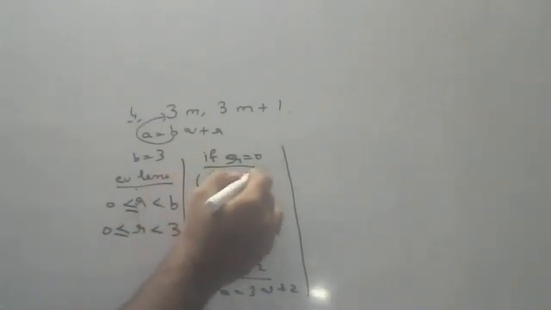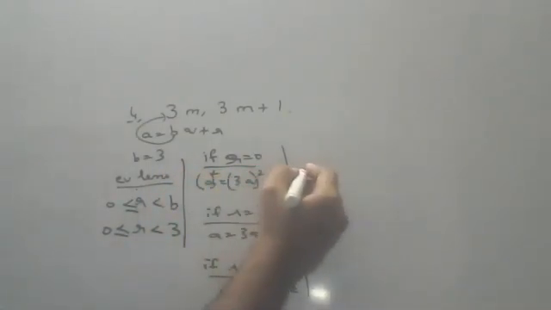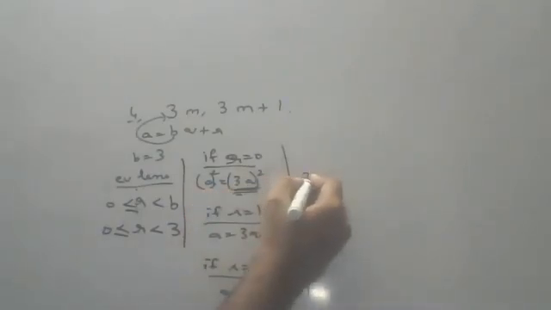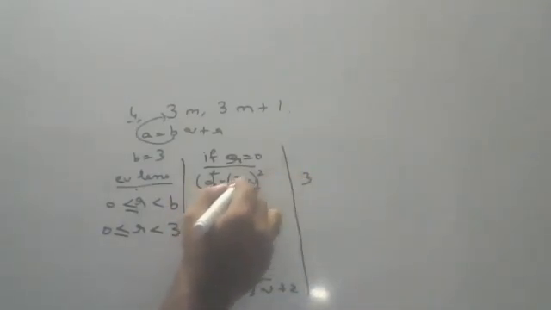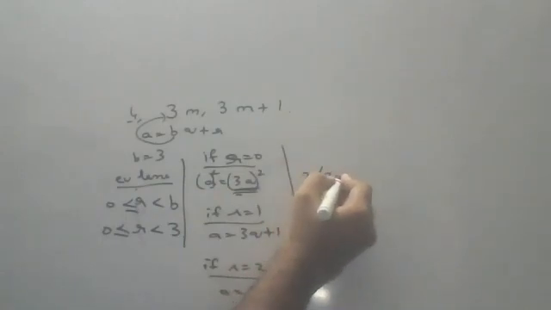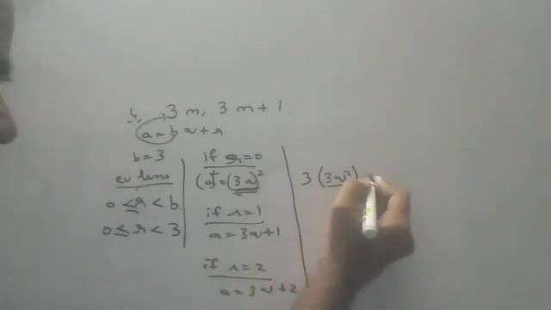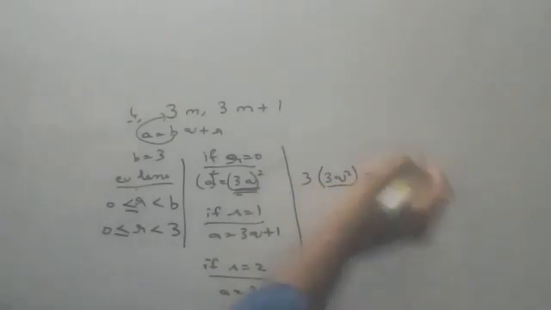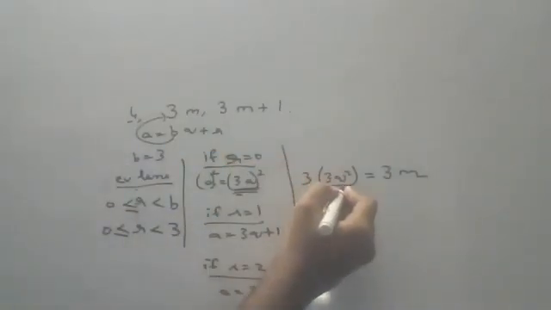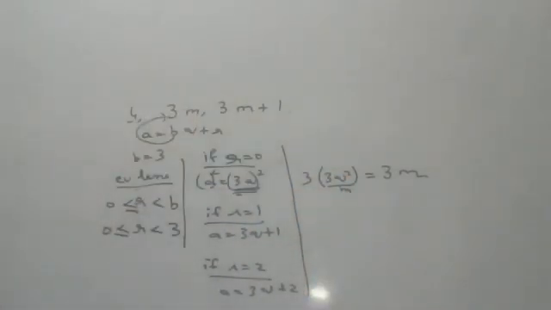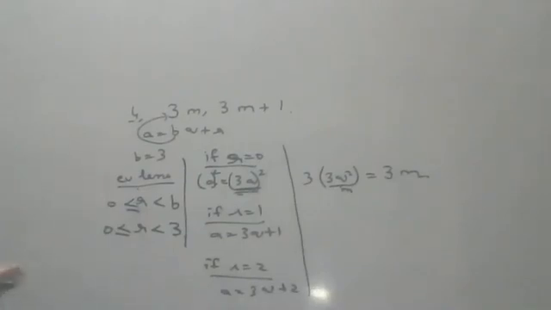Squaring on both sides. If you do (3q) square, children, here you take 3 outside. Then what will be remaining inside? 3q square inside. Okay? That 3q square we will write as m, and the answer is 3m. This we will think as m. Why should we think m, sir? Because in the question they gave m. No, sir, I will think n, it is your wish, children, but in the question they gave m, so I am taking it as m. I know definitely you didn't understand.